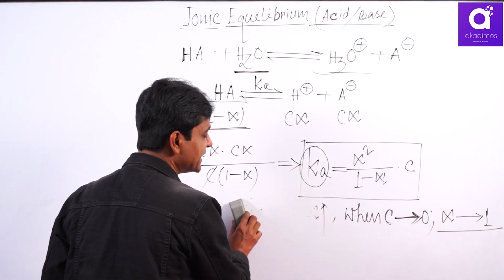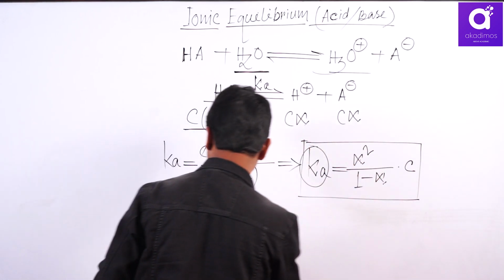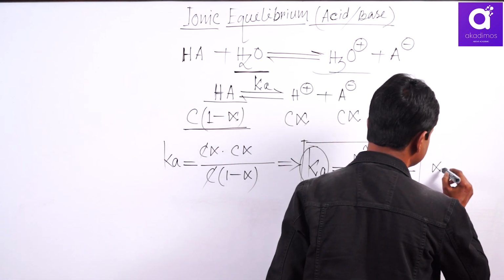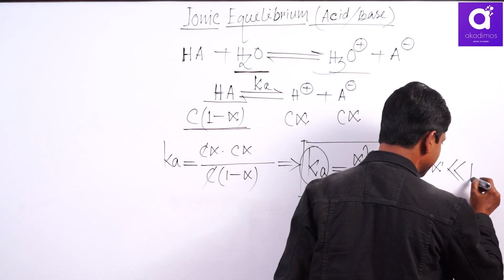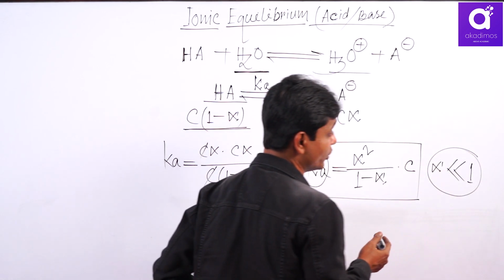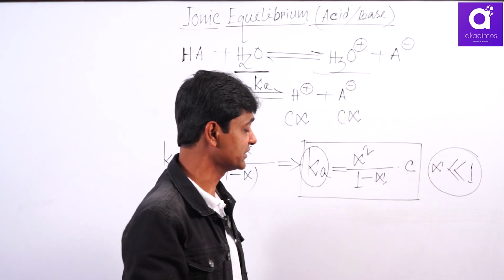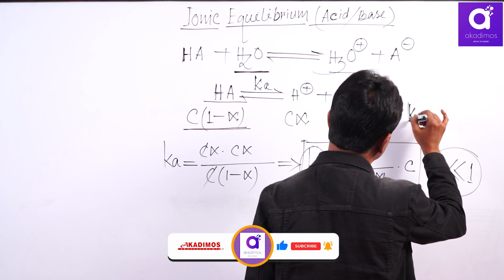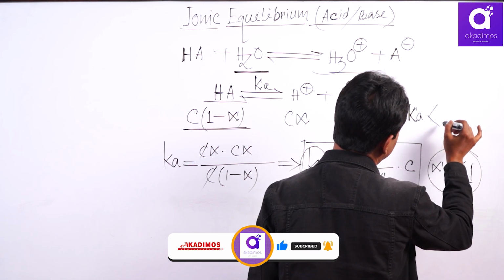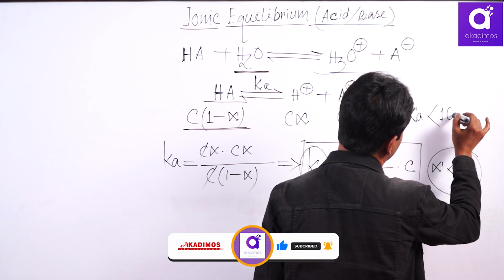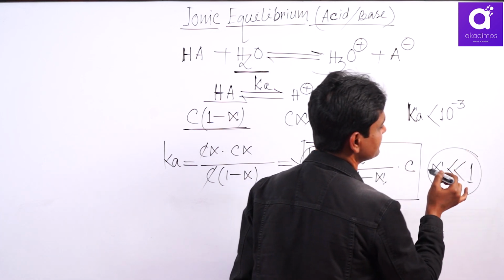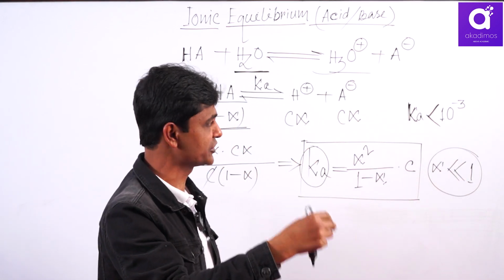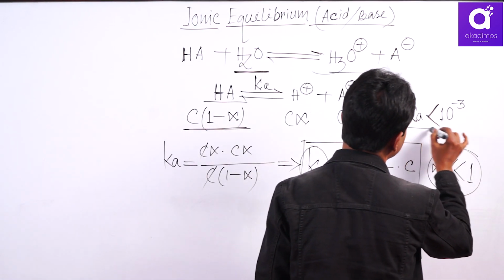Now, generally in our case, the special case is different. Alpha is generally very less than 1. If it is very less than 1, this is important. We consider alpha very less than 1 when the Ka value is less than 10 to the power minus 3, that means 10 to the power minus 4, minus 5, and C